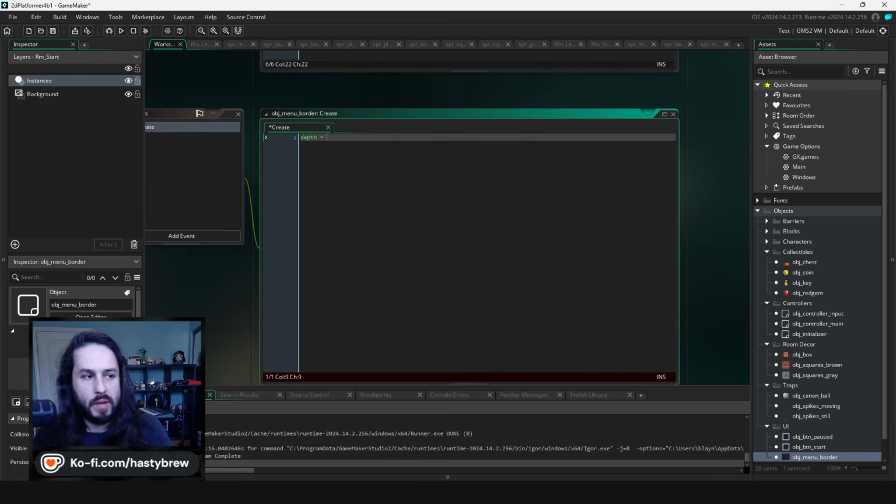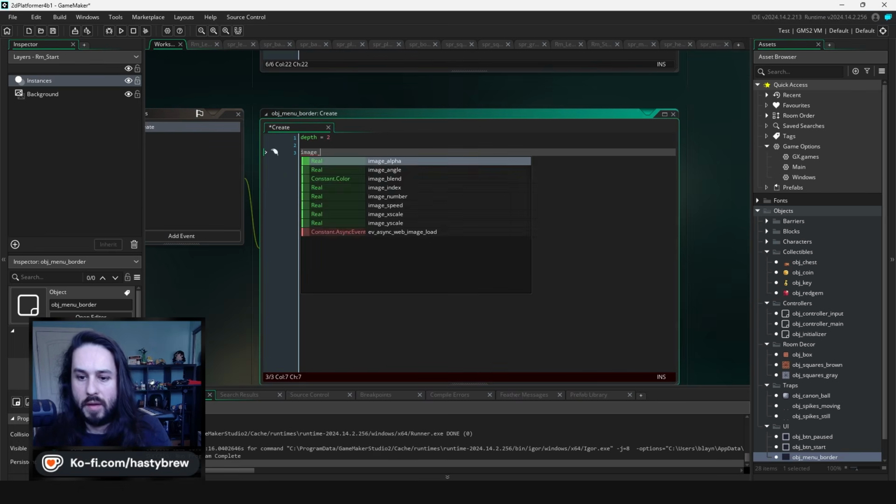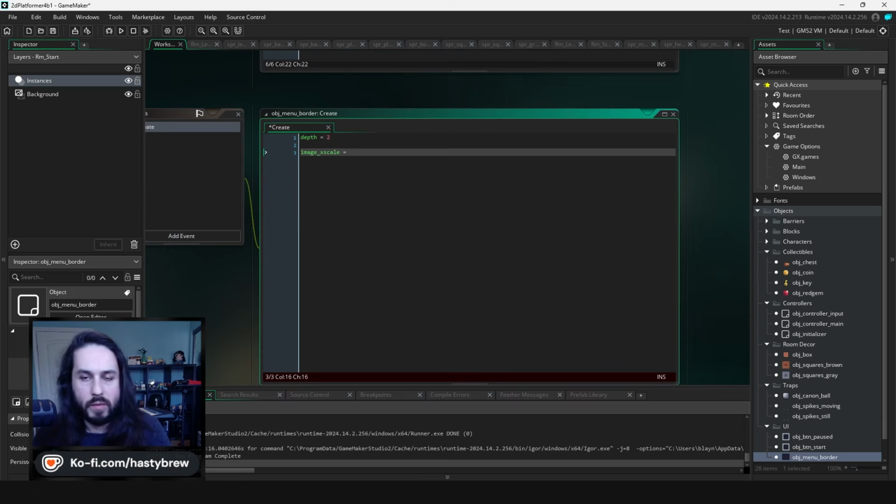We want depth equals 2. Okay. Image x scale equals room width divided by 32. So that'll make sure it stretches along the length of the room. Yeah, okay, so